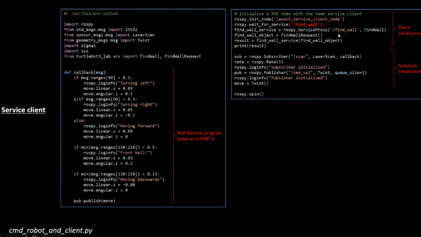It connects to that service, and it creates an object that will be the request message, which in this case is an empty variable, and then it calls the service. Again, we have to create the subscriber and the publisher for running the same algorithm that we did in part 1